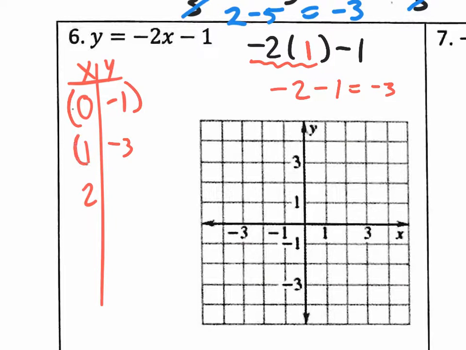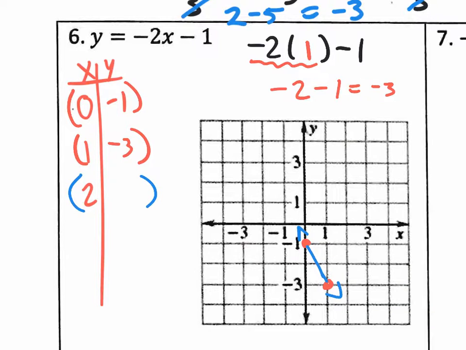Now, so far, I have 2 coordinates, 2 answers, 2 points on this line. I want the third one just for fun, right? You only need 2 to draw your line. So if I go to the coordinate 0, negative 1, here it is. If I go to the coordinate 1, negative 3, here it is. I already know that my line is this right here. But I'm going to use the third one just to verify, to feel more confident in the line that I